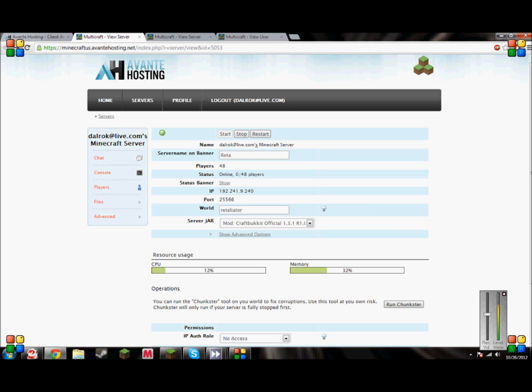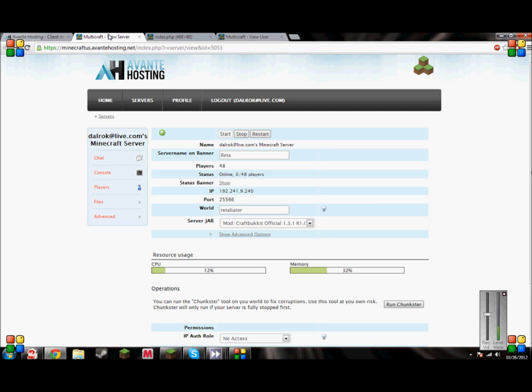I have my server name on my banner, which is Rada, and the banner looks something like this. It has your name, the amount of players on currently, your IP, and for my host, it has a little advertisement right there. Your maximum amount of players is 48. How many are online out of the 48? My IP, my port, my world name,